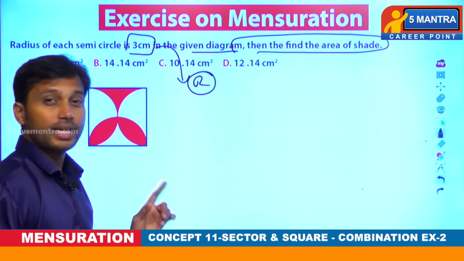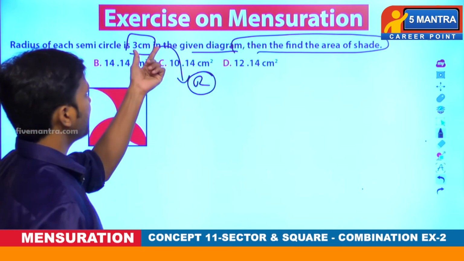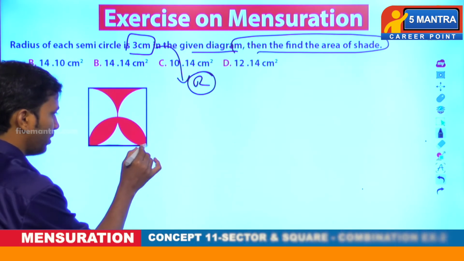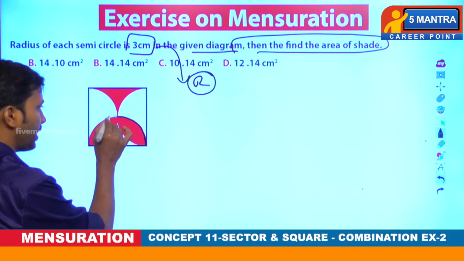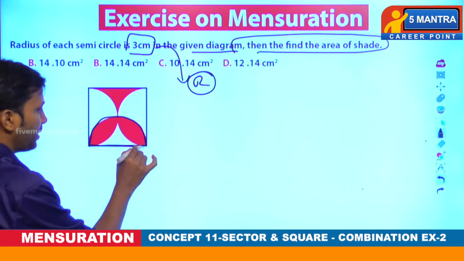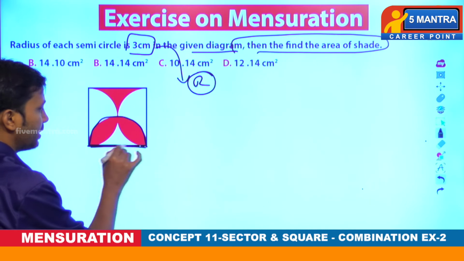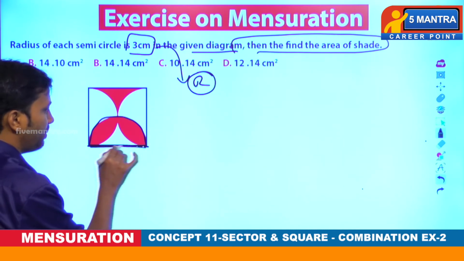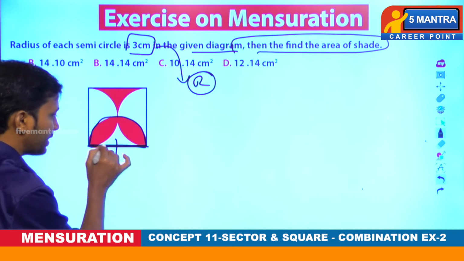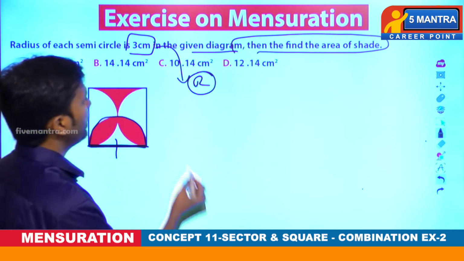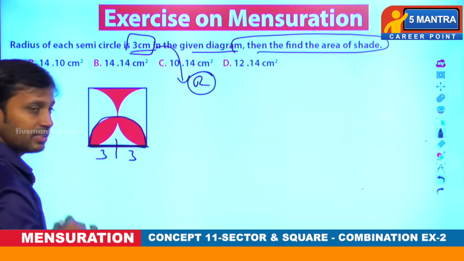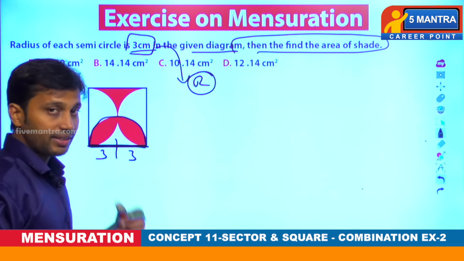So to find the side of the square, how to do it? Let us take the radius. Tell me, is this a semicircle or not? So this is a semicircle as per the question. In that, is this a diameter or not? Here in this case, the side of the square is the diameter of the semicircle, or not? Then half of the side is its radius, or not? So the radius is given as how much? 3 centimeters. So this is again 3 centimeters. Why? Because radius is half of the diameter.